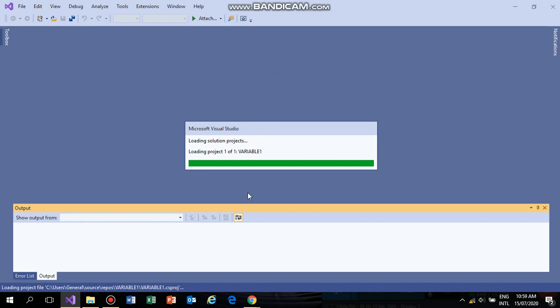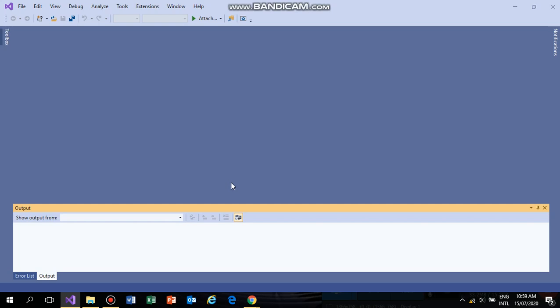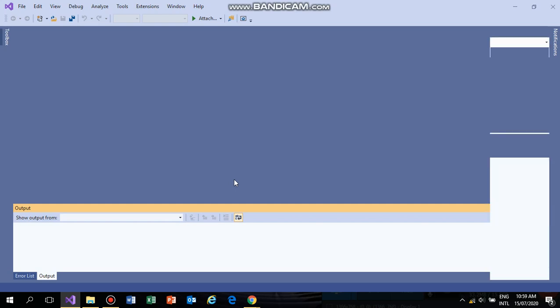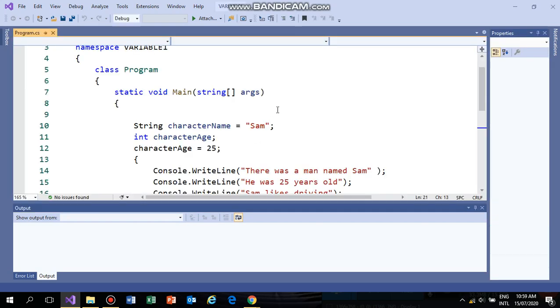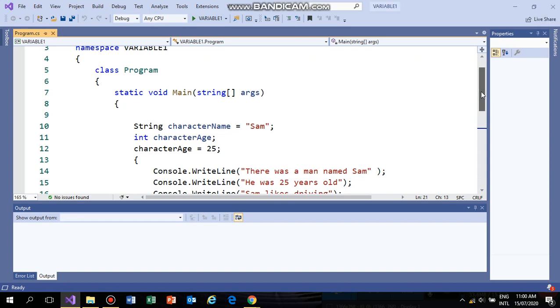Usually it takes several minutes to open a project. See, it's preparing the solution. Here we have the system files with the name using. Now we have opened our project.